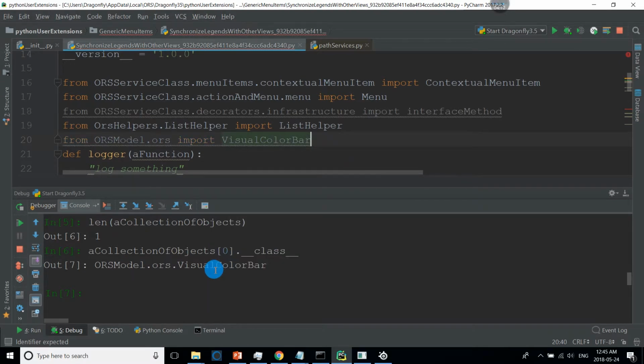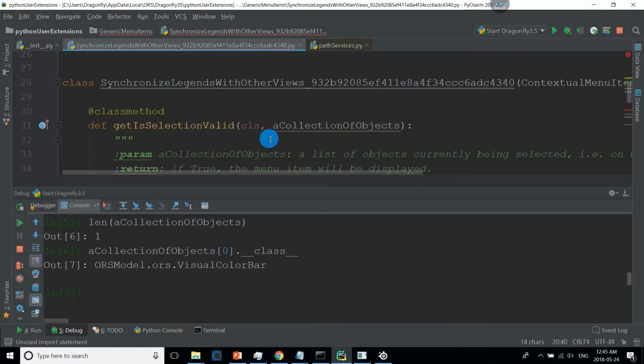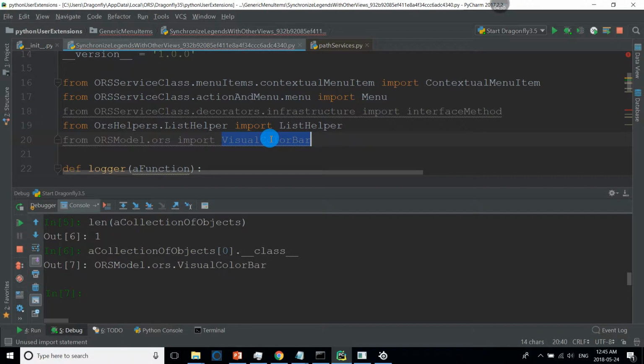So I can ask from ORS model.ors import visual color bar. And now that I've defined what a visual color bar is, or now that Python is aware of this class,